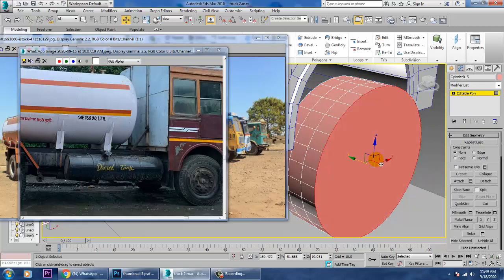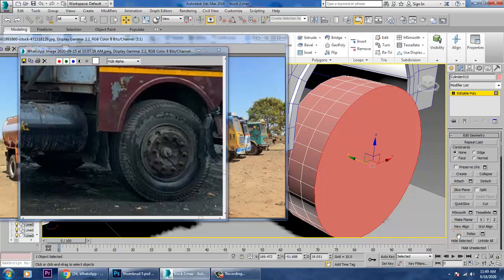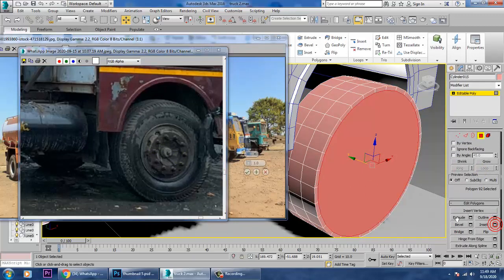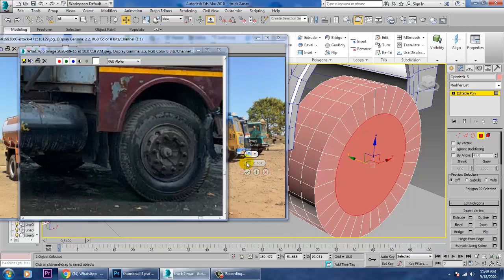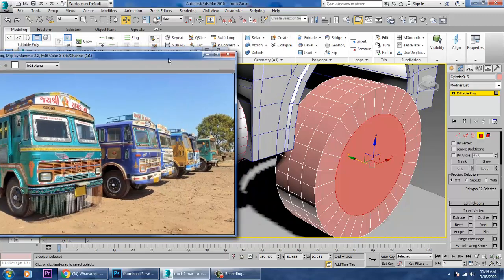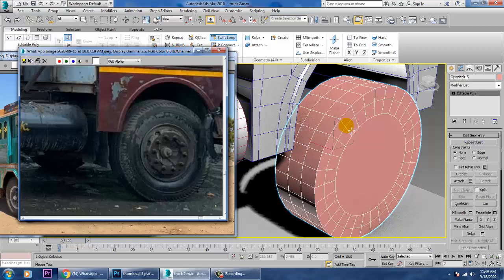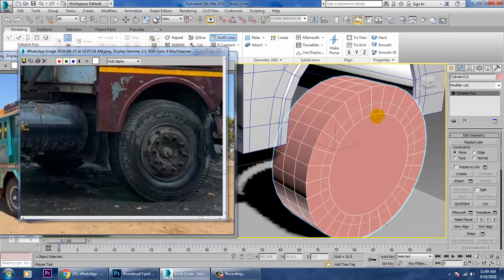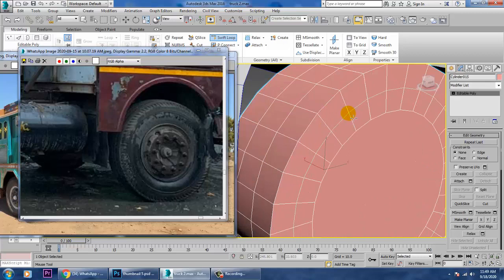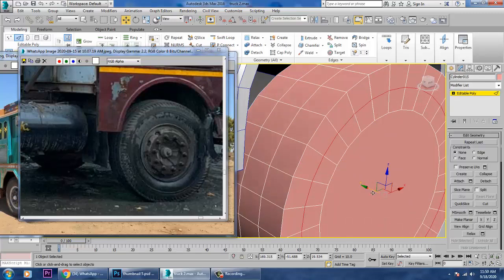Select the polygons over here. Let's give a bit of inset. So we'll be giving a bit of inset to it. So let's go into this and let's take a swift loop over here. So just press 2 and just push it out in this way.